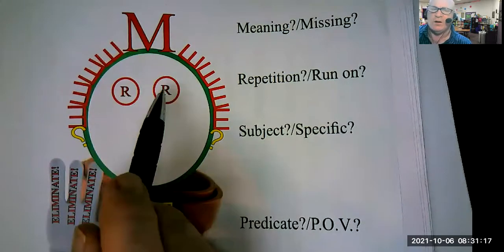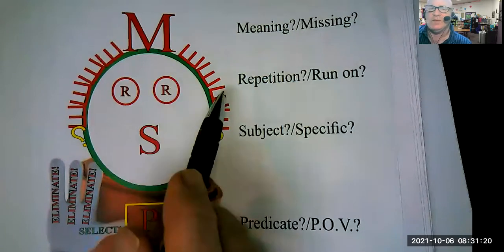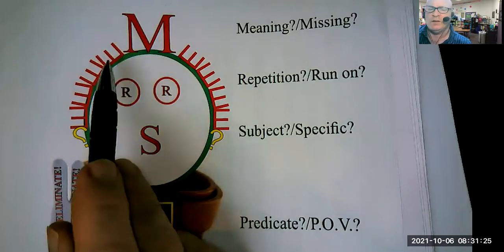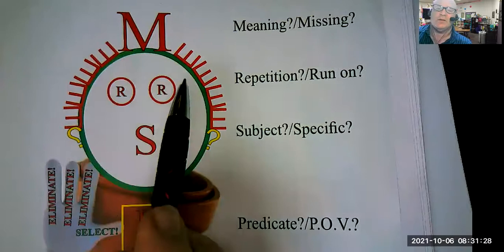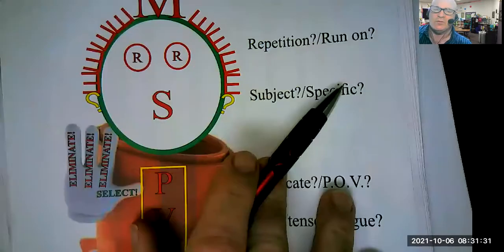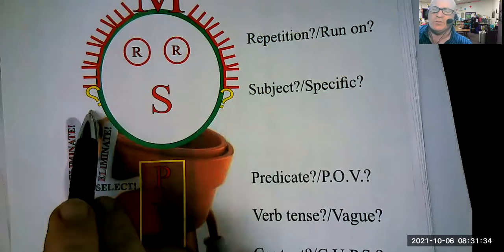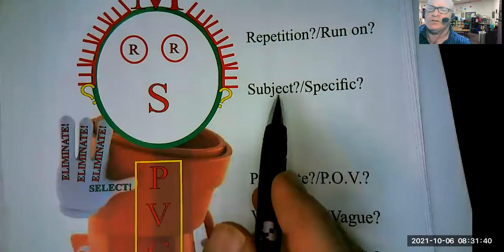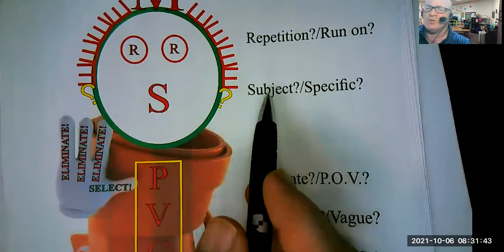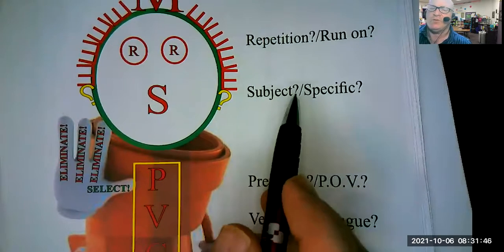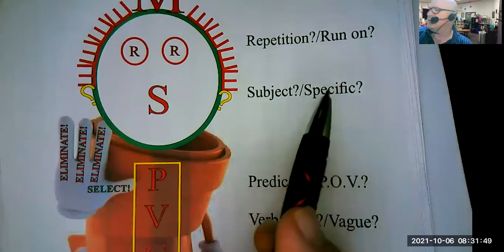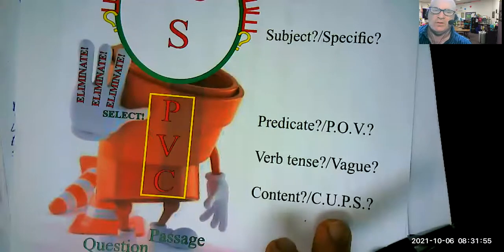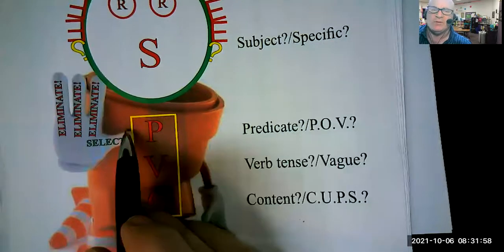And if you look at her hair on both sides, you see lots of E's. The things we're going to eliminate on all the odd answers and eliminate 3 on all the even. And again, we're listening very carefully. So I turn question marks and I turn ears into question marks. S, is there a subject in the sentence? Is the answer choice specific? If not, then you have to eliminate. This person, Mrs. PVC, has only 4 fingers on purpose to remind you we have to eliminate red 3 and